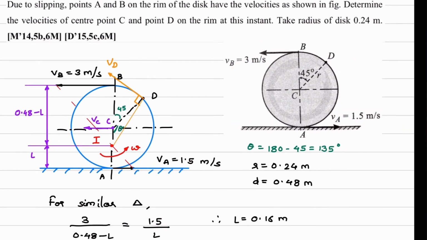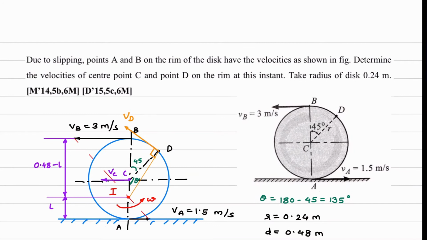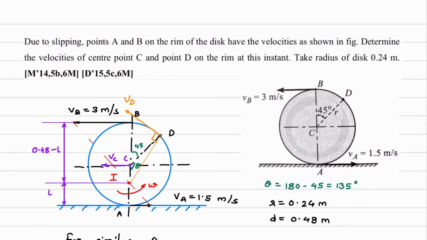We'll go through this numerical again. What was given in this numerical? A disk is there and the velocity at point A and point B are not equal. Why is this? Because of slipping. Using these velocity vectors, if you draw them by scale and then join the head of velocity B and velocity A, you will get the ICR location I. So I have shown the ICR location I. After that I calculated all the distances.